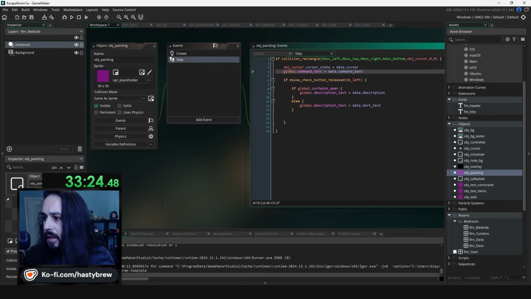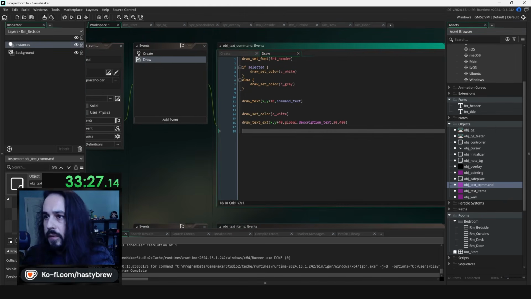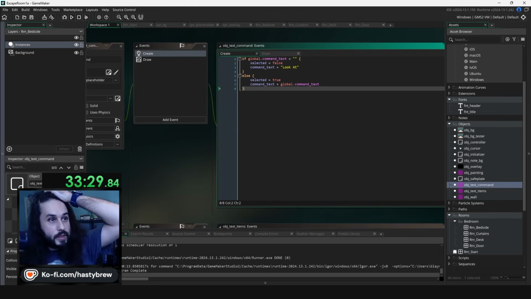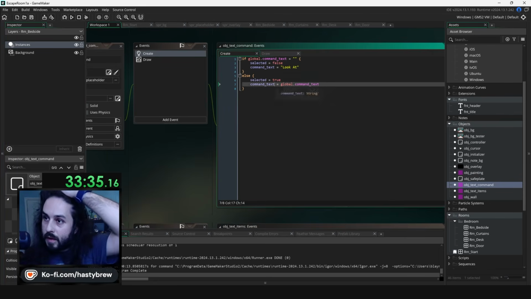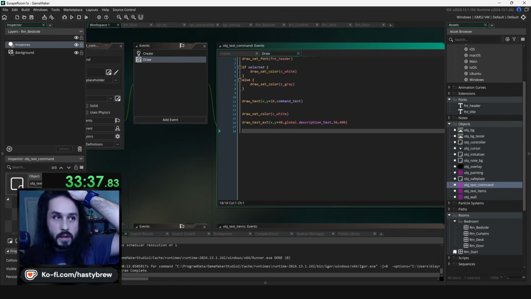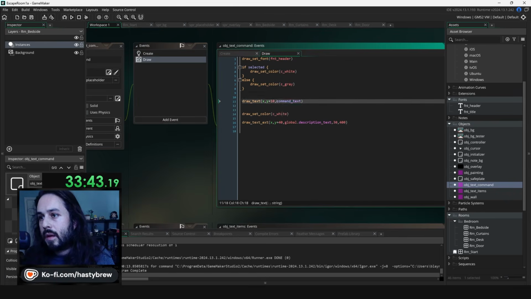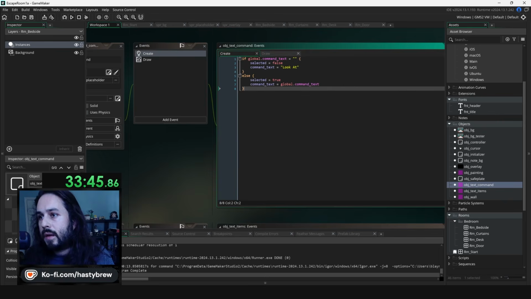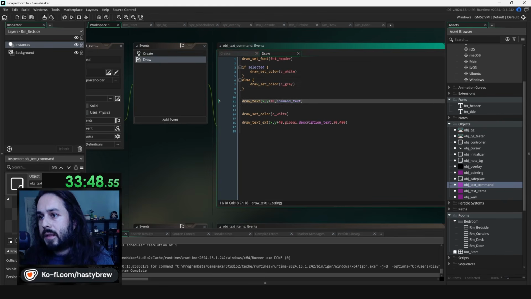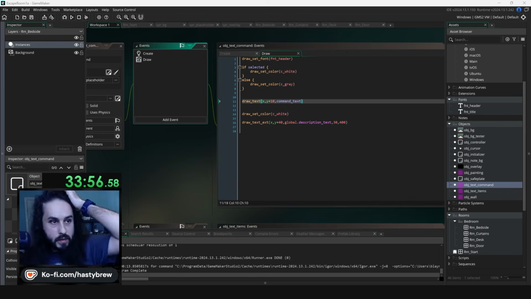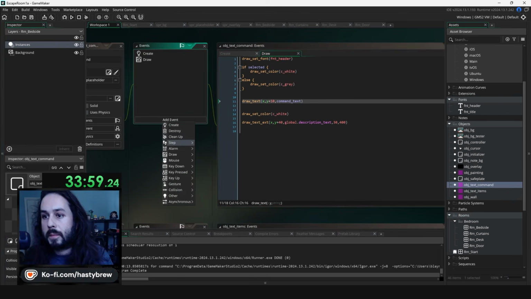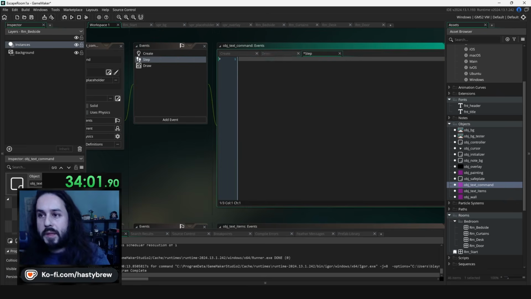Global.command_text equals data.command_text. Okay. Here. Okay, let's see. What am I doing wrong here? Command_text equals global.command_text if selected. I don't have a step event for this. That would be why. So coming back to object text command,